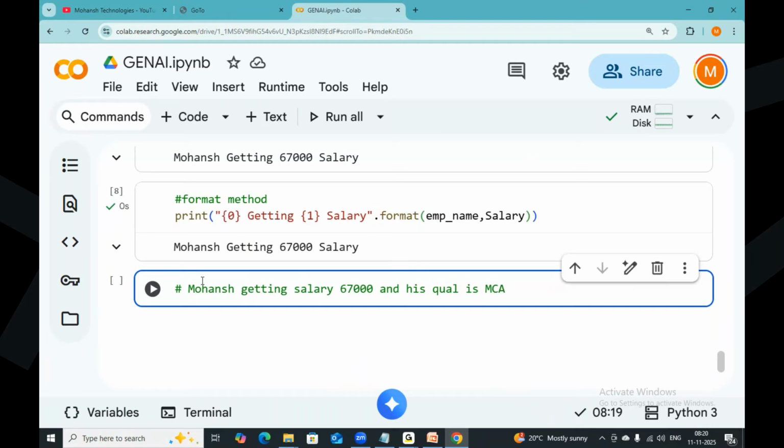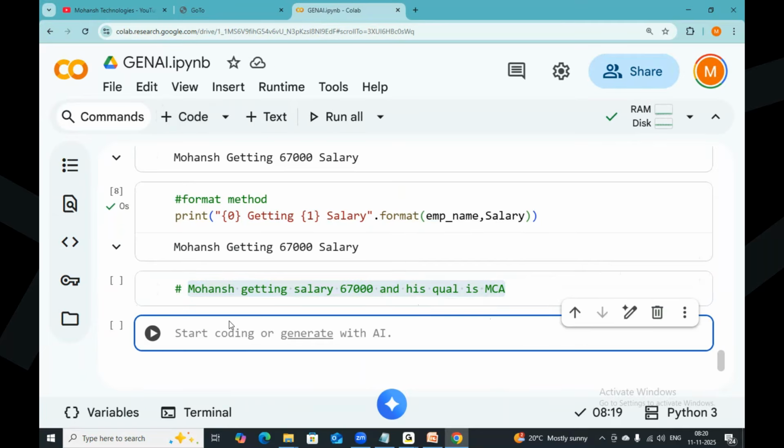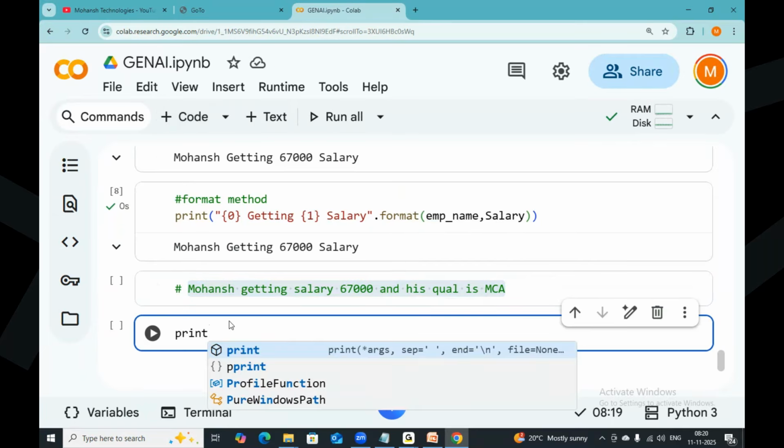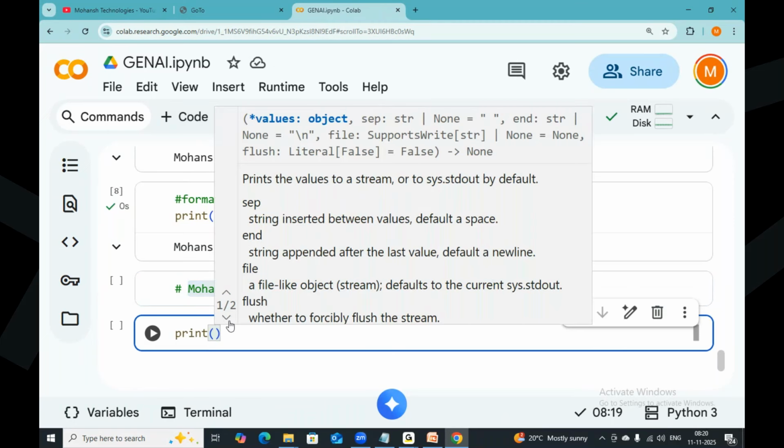Okay, this is the way I want to write. This is the thing I want to write. What you can do for this? Now write the print. First, Mohansh